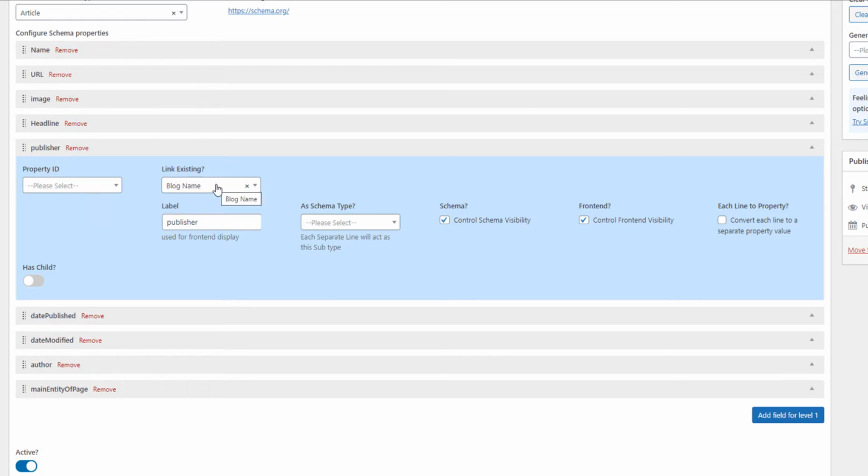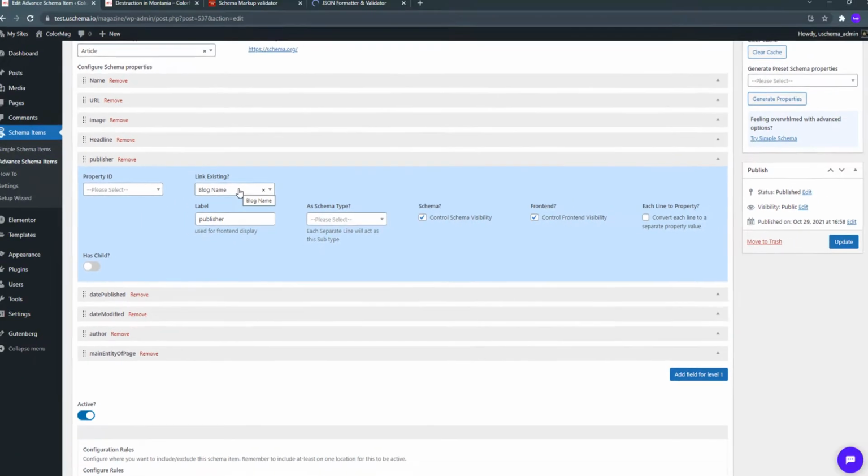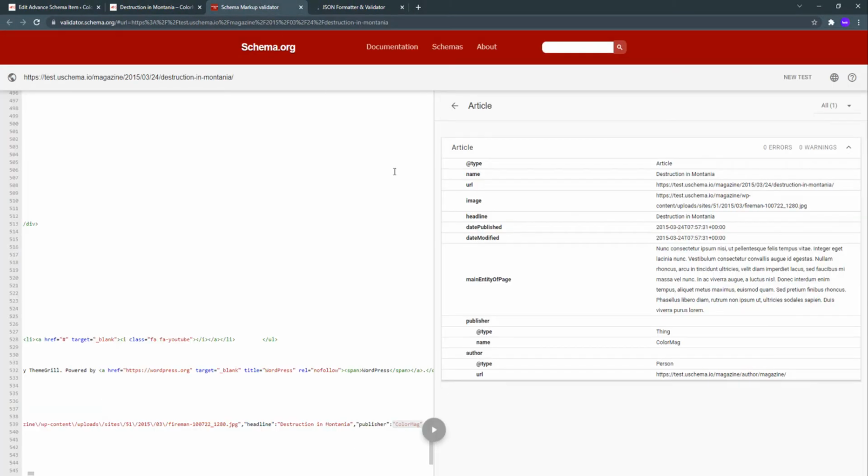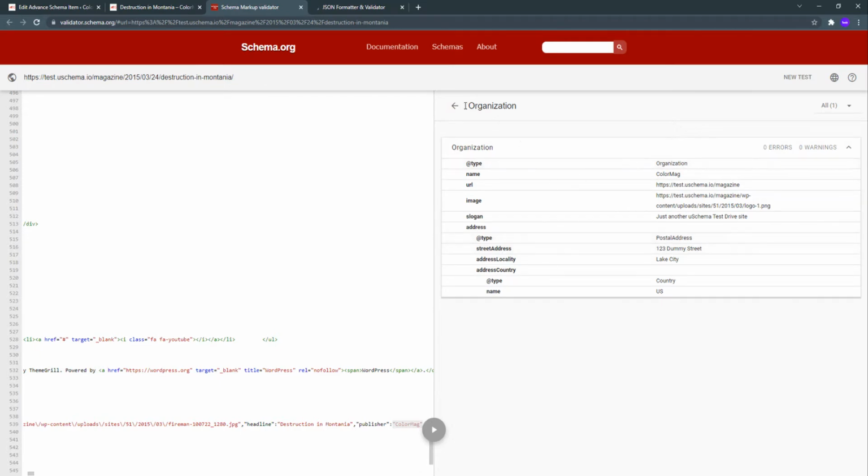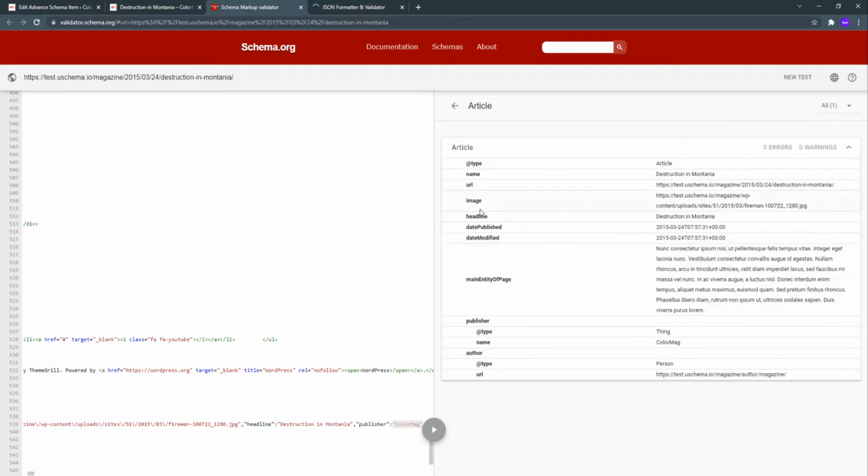Our goal is to use all of the information in our organization schema as the publisher of our article schema. So we want the publisher to be an organization with all of the information there.